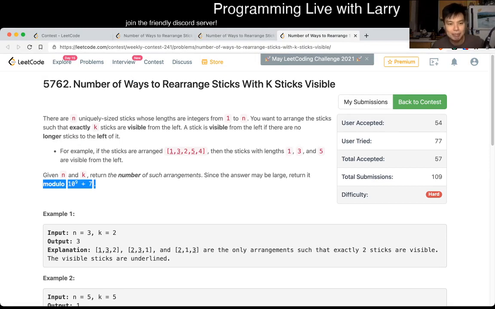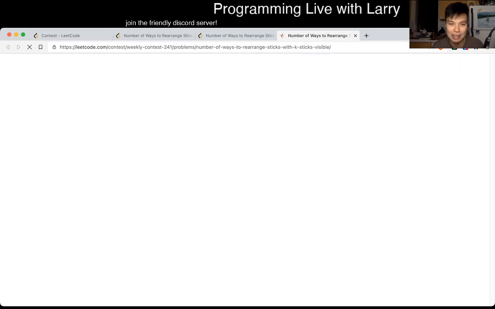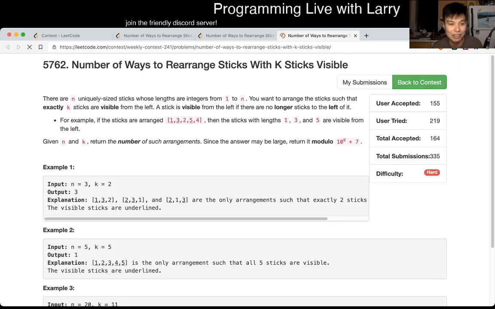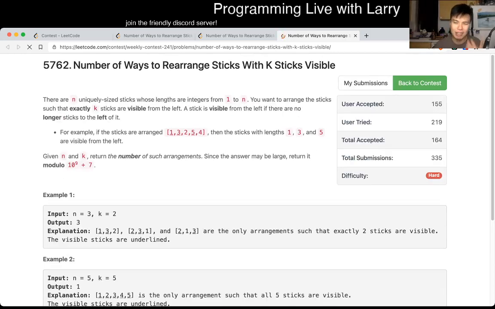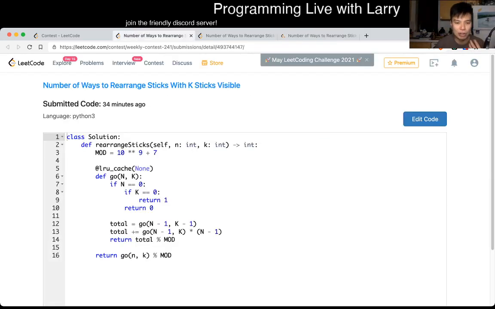But for this one, I'm not gonna lie, I've seen this problem before. It was on binarysearch.com. I still got a wrong answer because of memory limit exceeded, which is something that I'm really annoyed about. And you'll see why in a second. And this is dynamic programming, so I'm going to go over with the code, but the idea is,